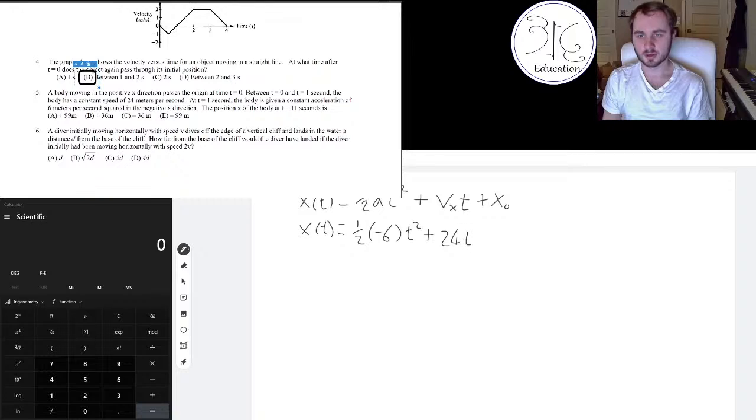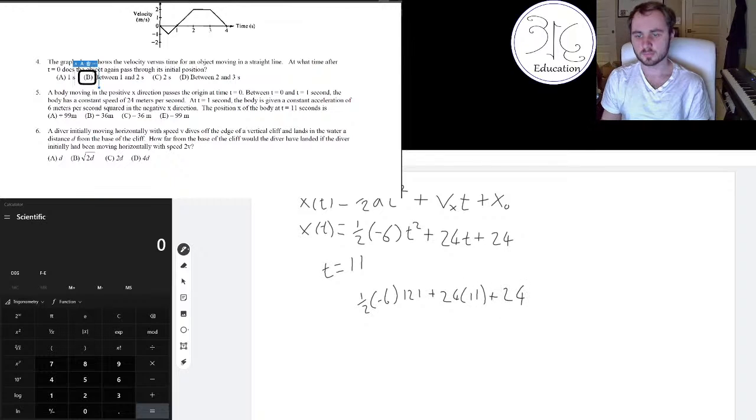But we've got a positive 24t, and then we had 24 meters for that first second before the acceleration kicked in. So that's going to be accounted for here. And so we want to find out at t equals 11. And so what we'll do is we'll plug these in. t squared, 11 squared is 121. Then we'll have 24 times 11